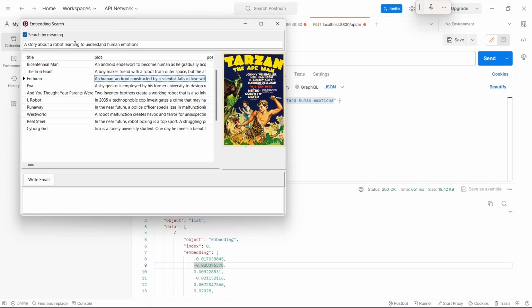Of course, this is a movie list, but think about it. What are the possibilities? You can search now for, like I told you before, a list of tools that I need for camping, a list of parts of a ship that I need to build, and many other options we can reach by searching now by meaning, not only by word.